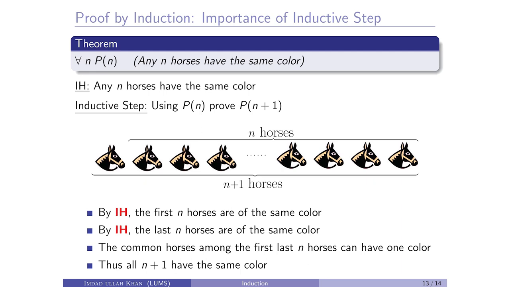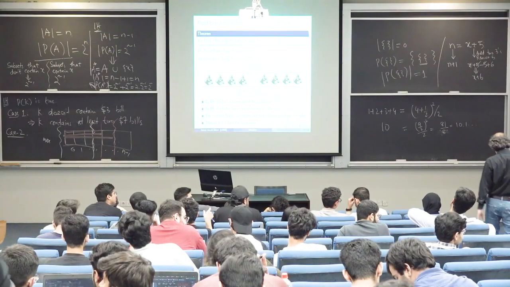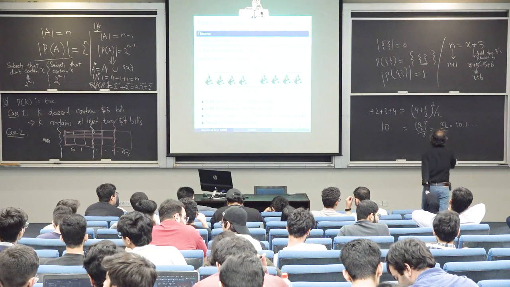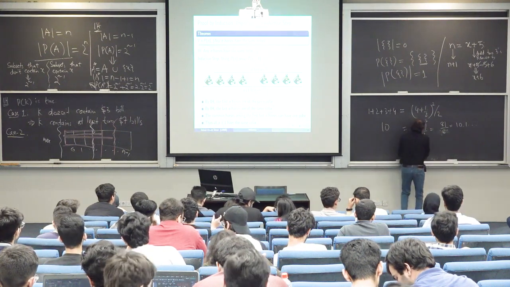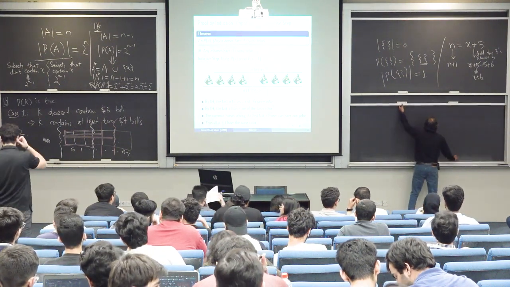और फिर हम कहते हैं चूंकि I think we're trying to prove equivalence, so we've proved that A equals B. वो पहले n horses थे. Then we've also proved B equals C, that's the n plus 1 to y till n horses. Now we prove C equals B. Okay, let me try to write it. मैं ये कर रहा हूँ कि